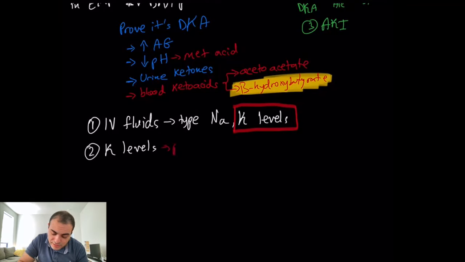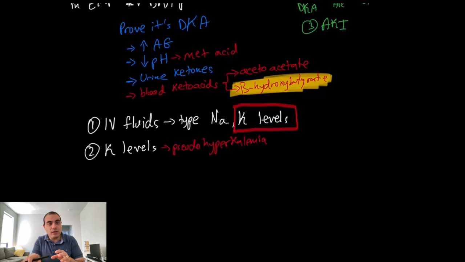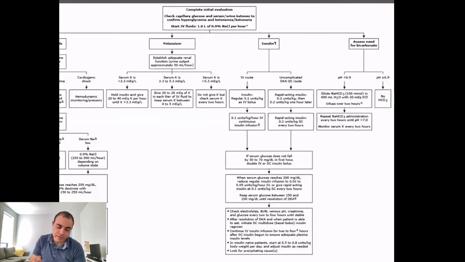So think of it as pseudo hyperkalemia, which means the levels at which you're going to act on this potassium is shifted to the right. You're going to replete potassium even when the levels look normal. Okay, so that's a very important thing. And again, if you look at the UpToDate algorithm, it's very simple. They tell you here,